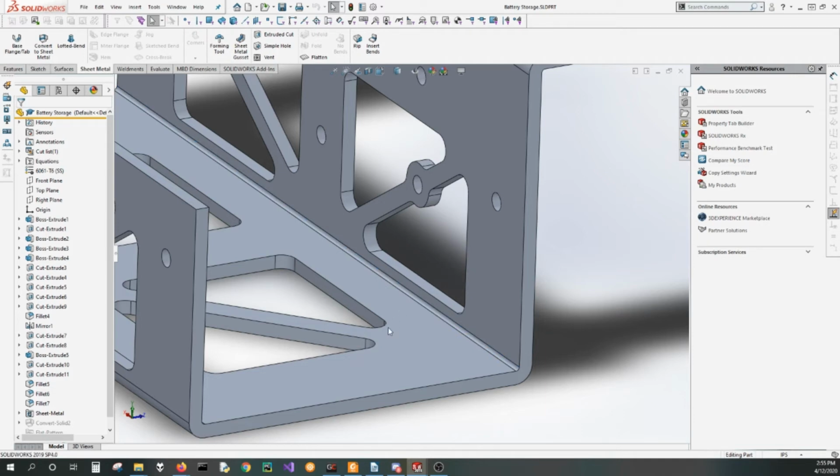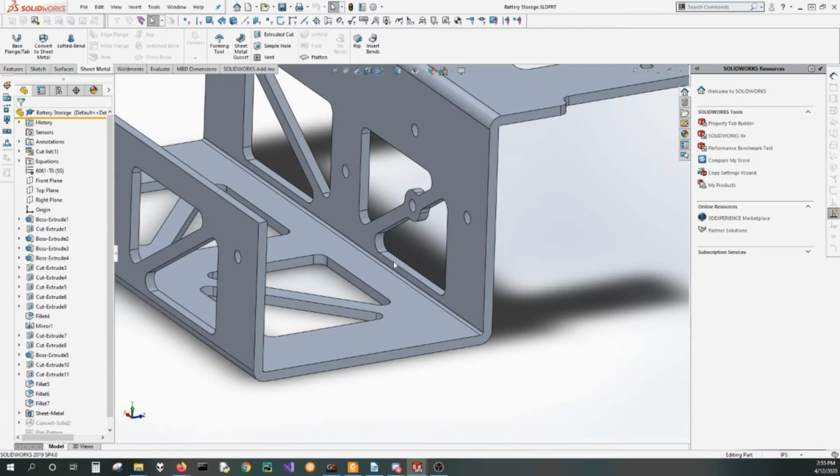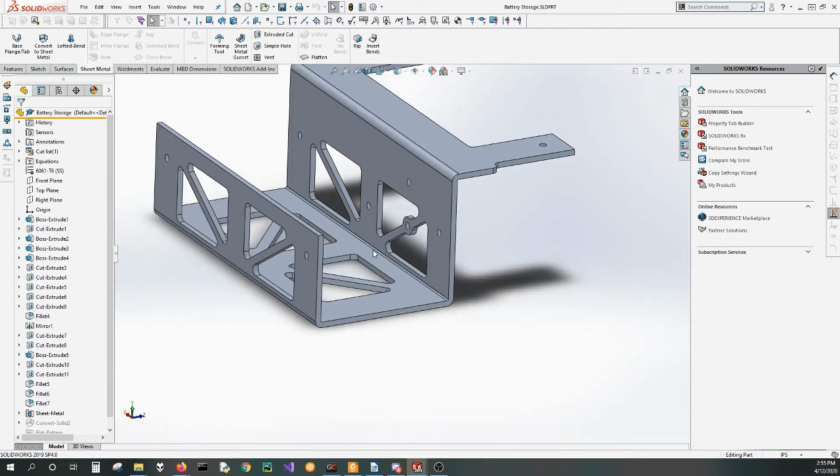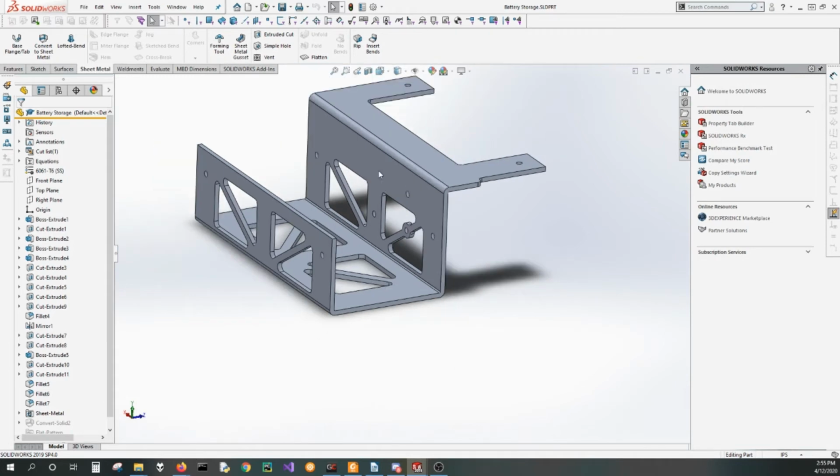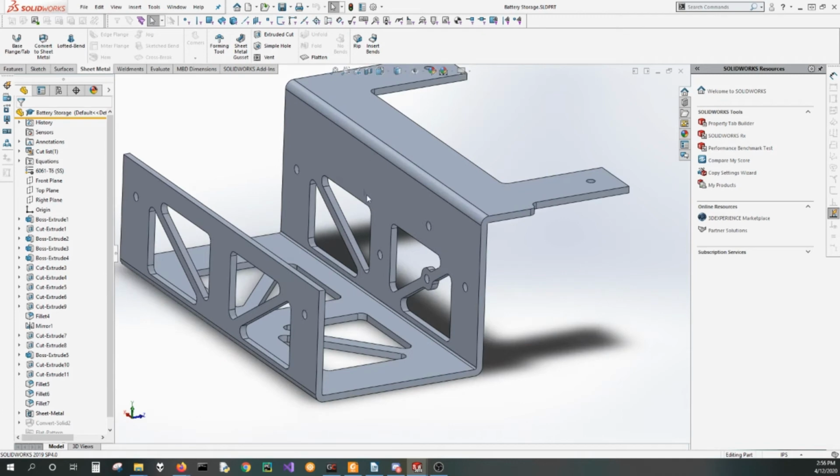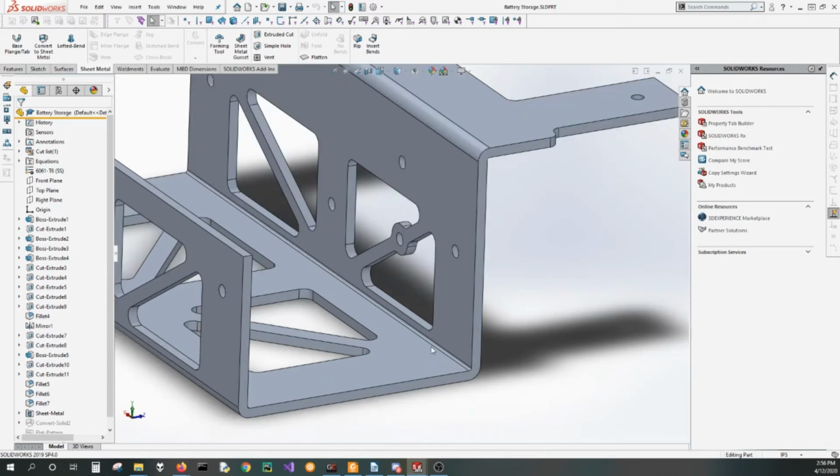If it's less than that, you'll end up with some distortion around here after you bend it, and that caused a big problem for us in 2015 because when the material distorts like that, it can also shift the part and throw off the location